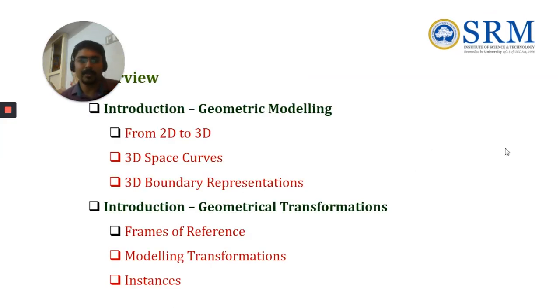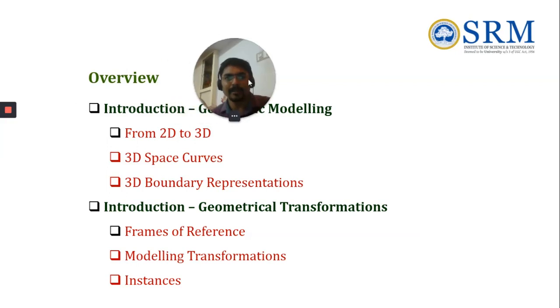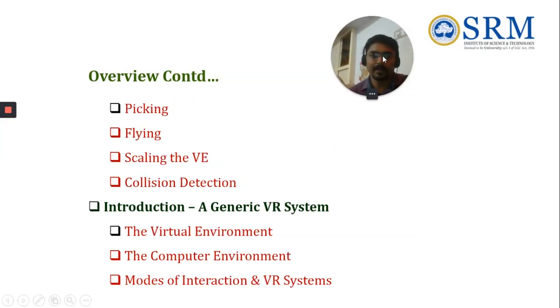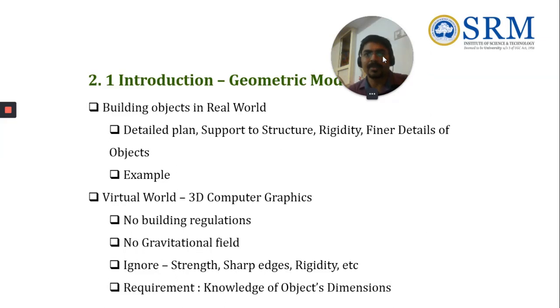So first we are going to see 2D to 3D. Directly we can go to the content. First of all, what is geometric modeling? Geometric modeling is building objects of the real world, and whatever the object in the real world, we have to build those kinds of objects the same as in the real world. So it is a detailed plan, supporting structure, and redundancy. Redundancy means exact position and finer details of the object. We have some examples, like